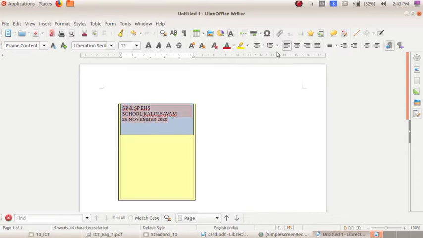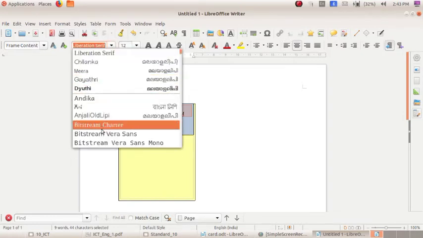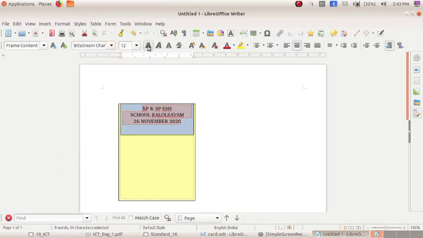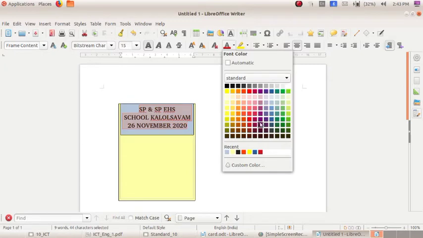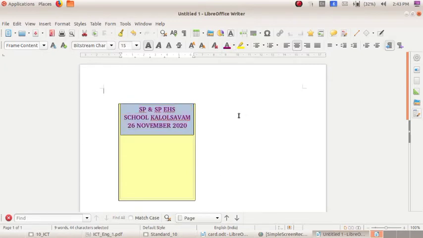Then you can adjust it to center position. You can change the font. You can make it into bold. You can increase the size. You can change the font color. So likewise you can create the frame by your own for making the participants card.